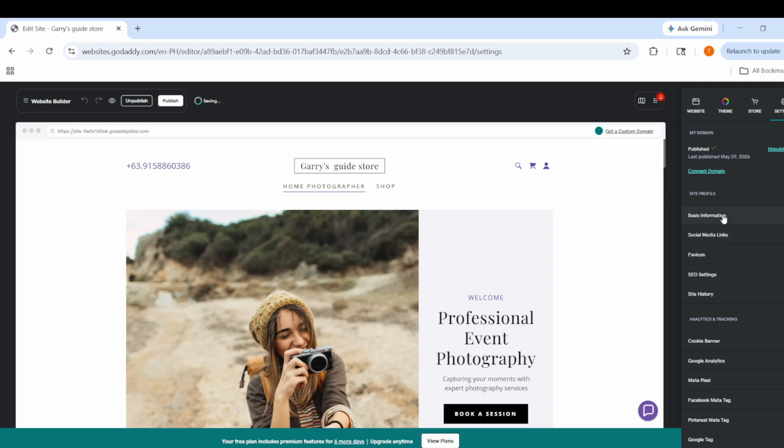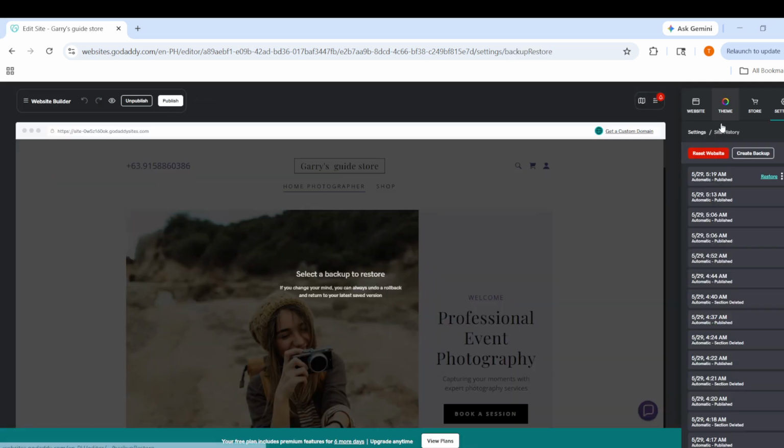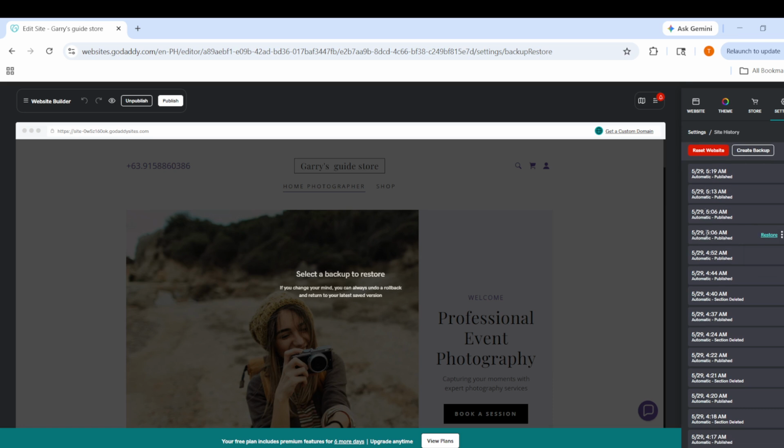This area shows different drafts and saved versions, which is useful if you have made several edits over time and want to remove one that you no longer need. Once the History panel is open, look through the list of drafts or versions displayed in the sidebar. Take a moment to identify the specific draft you want to delete. It is a good idea to check carefully before removing anything, especially if you have multiple saved versions with similar dates or changes. Deleting the correct draft helps you keep your website history organized and avoids removing something you may